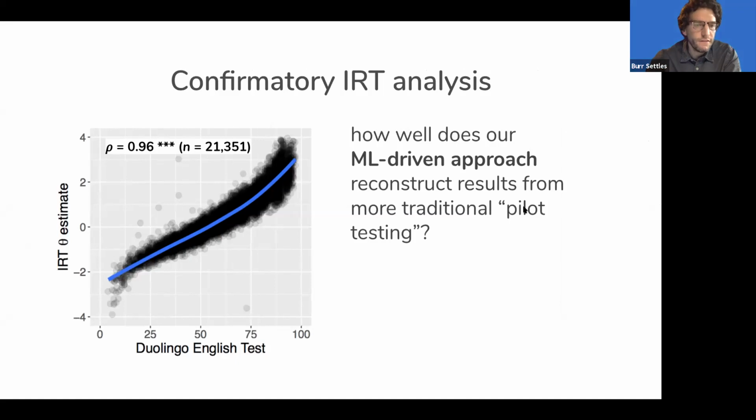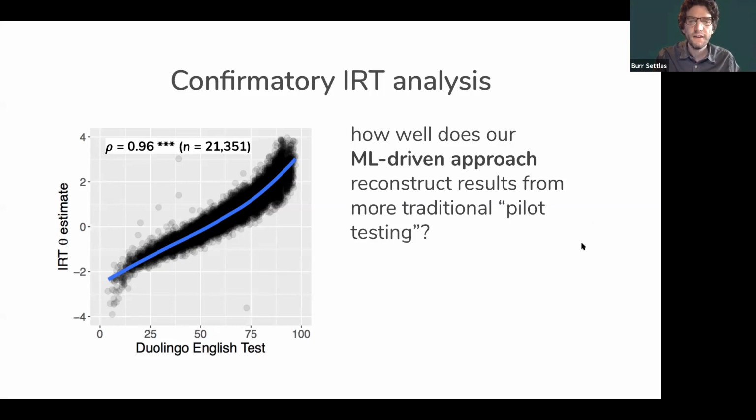Now, one question is, once we put this test together, this alternative form of pilot testing where we use a machine learned construct of the CEFR, how consistent is that with what would have happened if we had done a more traditional pilot testing route? What we're looking at here is not a perfect experiment, but after about 20,000 administrations of the Duolingo English test, the scores that were assigned are on the horizontal axis. Then we threw away all of the information that we knew about those items and administrations, fit a more traditional Rasch model to the data, and the theta estimates are what you see on the vertical axis. So basically, there's an almost perfect correlation between these two approaches,